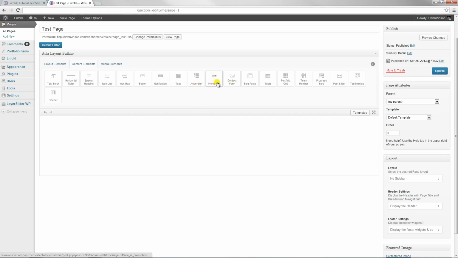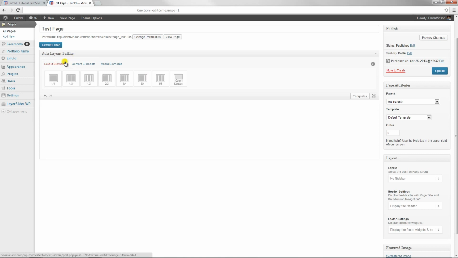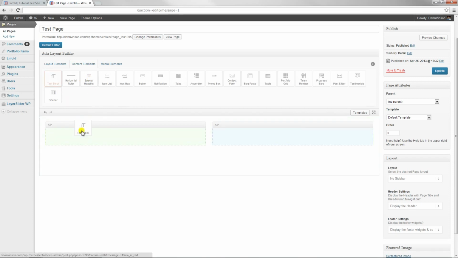The promo box we've already seen, and the contact form is something that a lot of people have requested to be able to put on any page they want. And so with this, you can. If I want to make a nice, simple contact page that is 2 columns that both take up half of the page, and in one column, I want to have a little bit of text